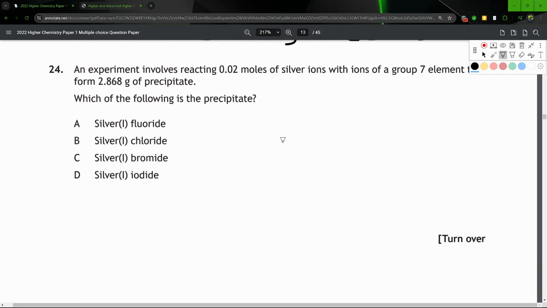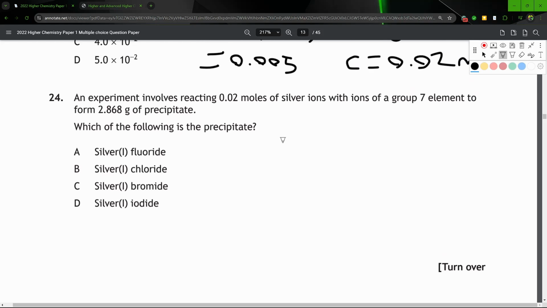An experiment involves reacting 0.02 moles of silver ions with ions of a group 7 element to form 2.868 grams of precipitate. Which of the following is the precipitate? Okay, so